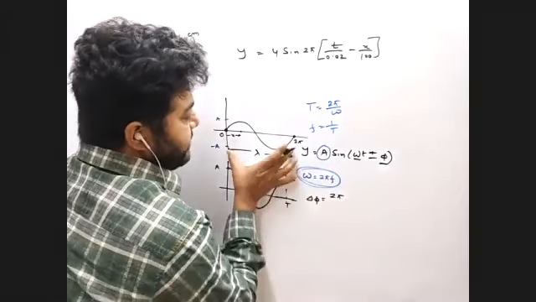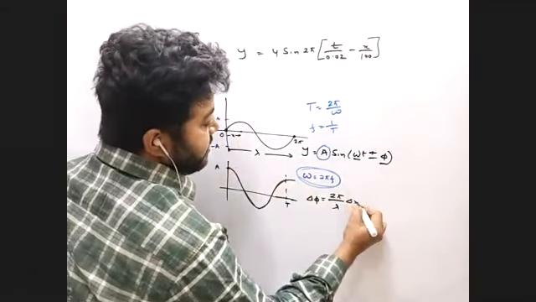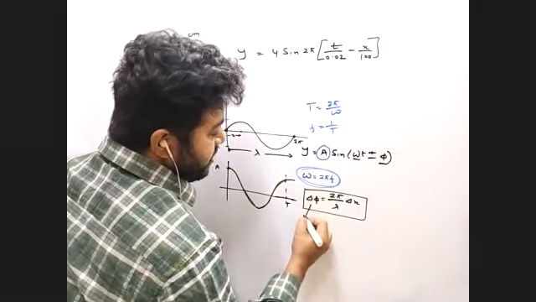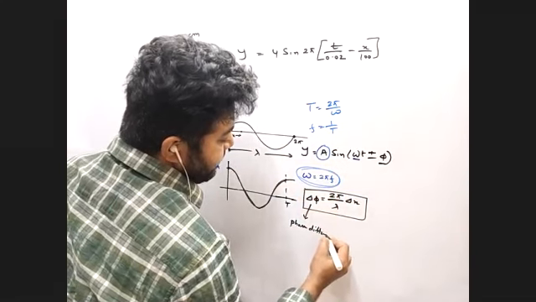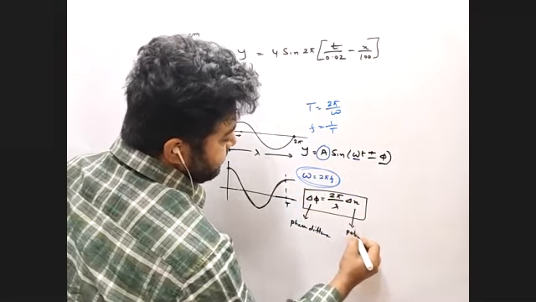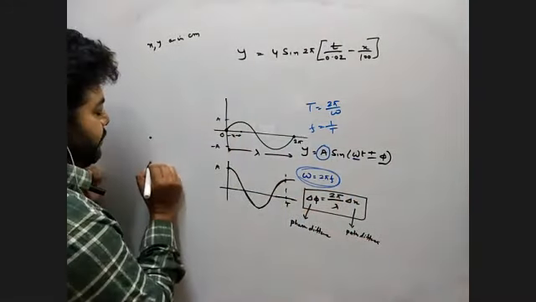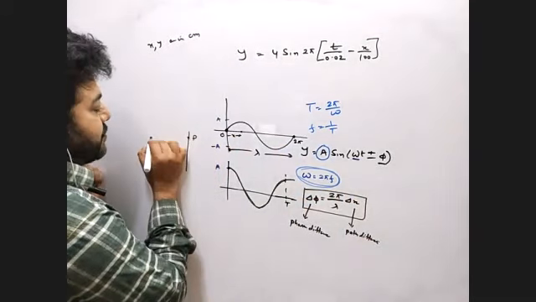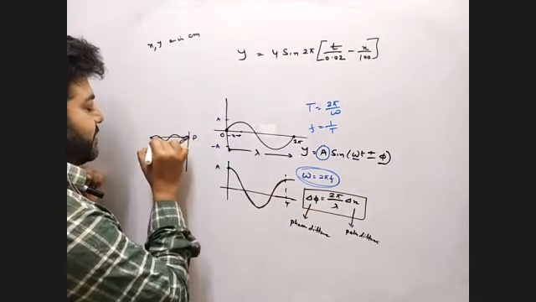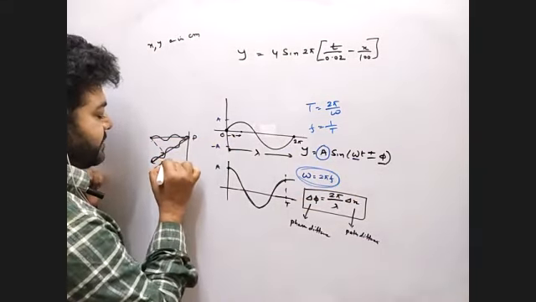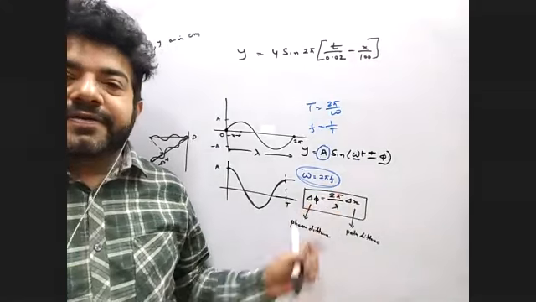Suppose anyone wants to know this angle, how do they calculate it? 2 pi, that is the whole thing, by wavelength, into the path difference. So this one is called the phase difference, and this is called the path difference. What do you mean by that? Suppose we have two sources, and this is the point where two waves are superimposed. So what is the phase difference and what is the path difference? If you are able to find that distance, you can easily put this value and get the phase difference. Is it clear, everyone?